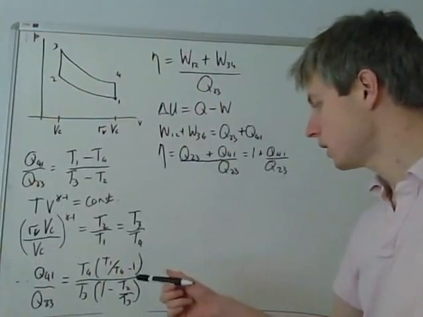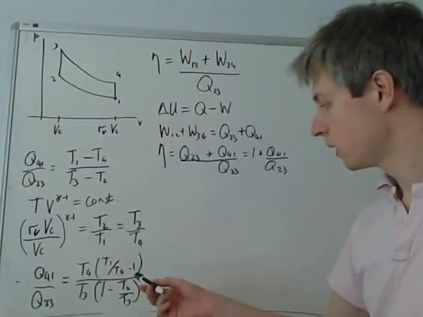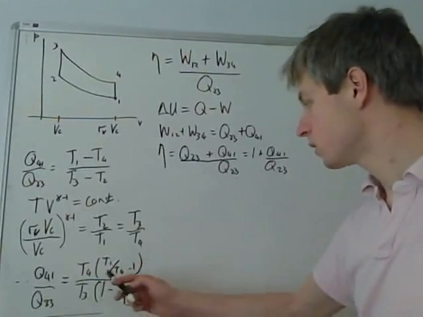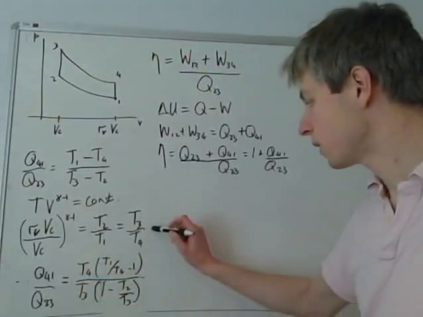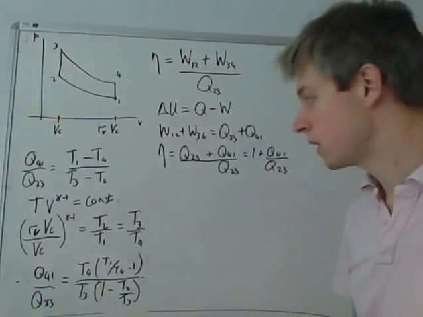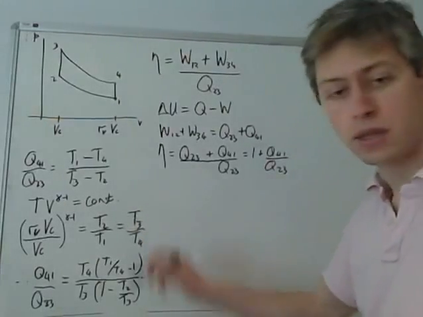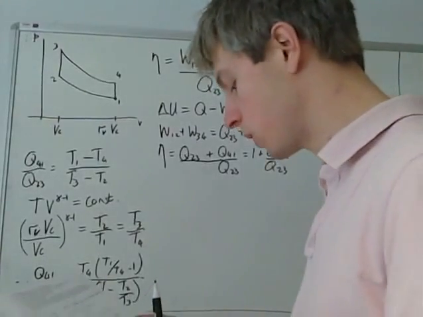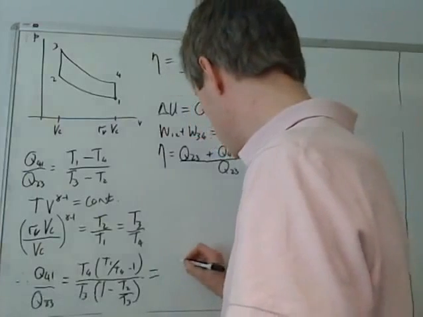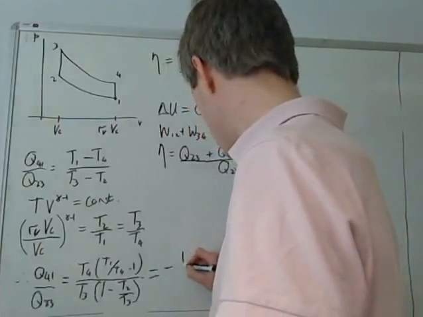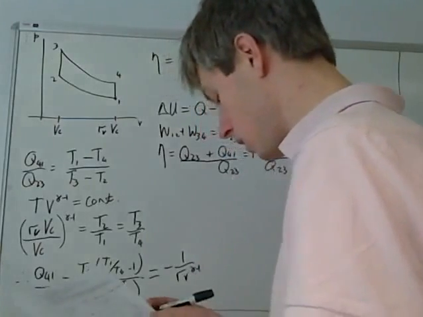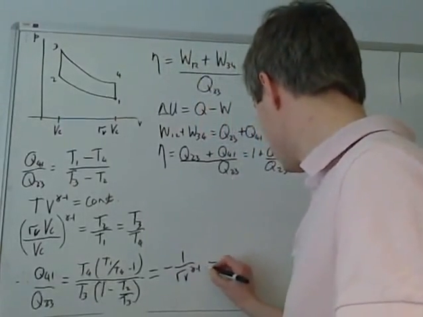And so it takes a bit of informed guesswork to come up with this rearrangement, but you can see that T4 over T3 is something we have. T2 over T3 is something we can get from rearranging this line of equations. And if we do that, and I'll leave it to you to do, minus 1 over RV to the gamma minus 1. And this tells us